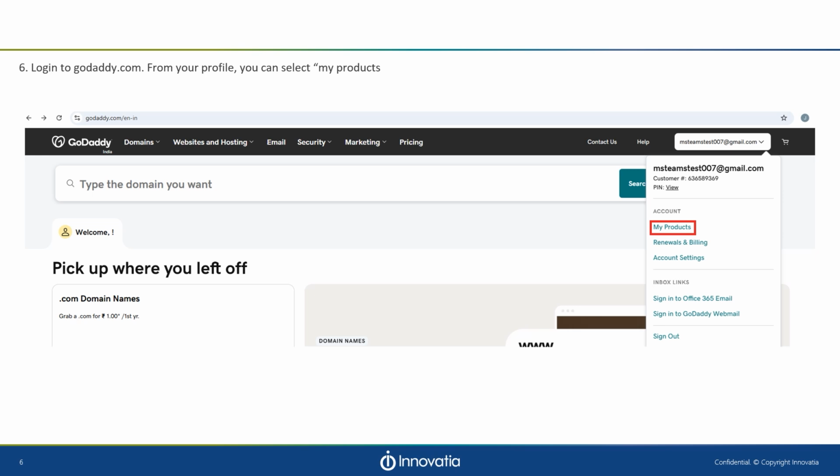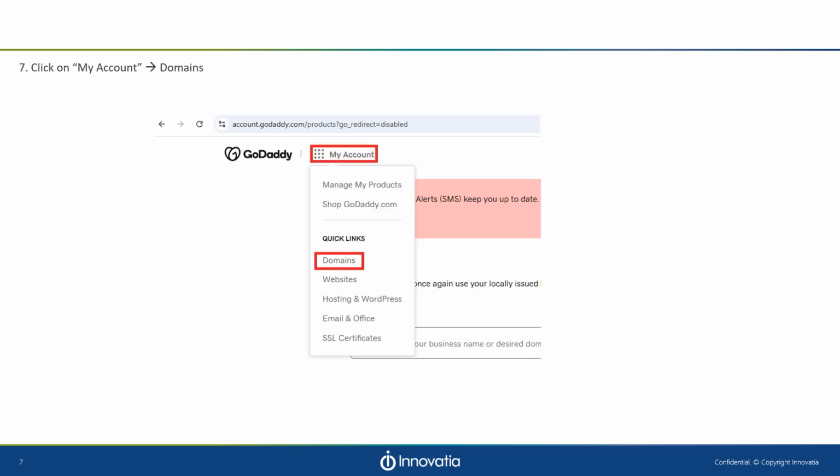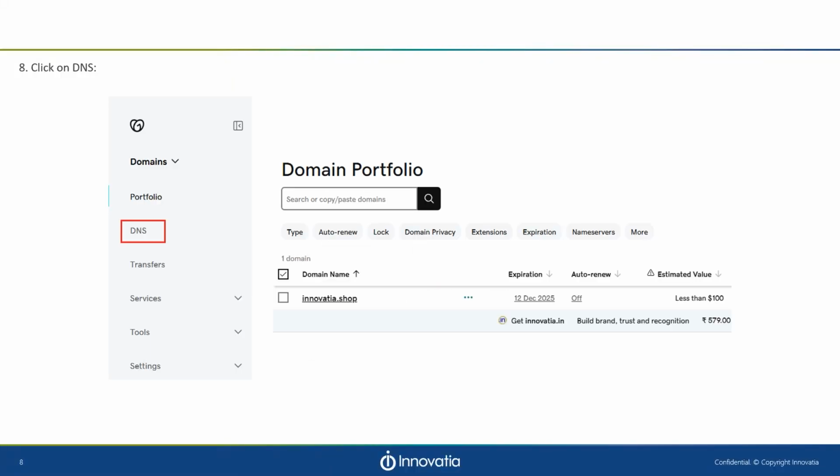Once I copied the TXT name, in a new browser window, navigate to log into your GoDaddy and use your credentials. In the top right corner you can click on it, and then you will see My Products. Make sure you select My Products. Once you select it, it will show your account, and then click on domains. From there you will be selecting DNS, as we are going to add the DNS record here,